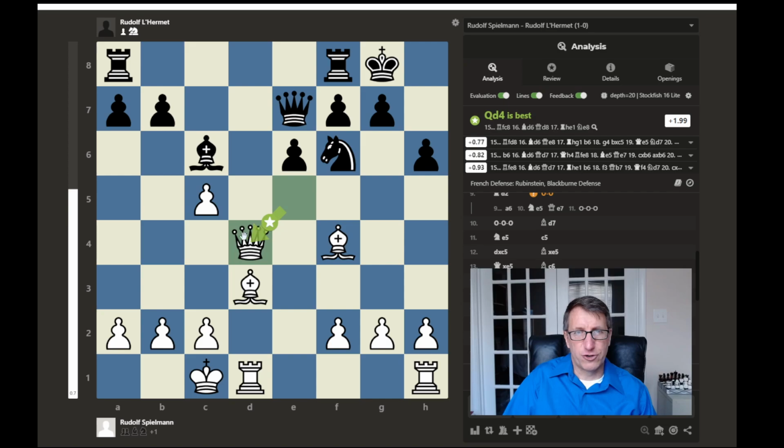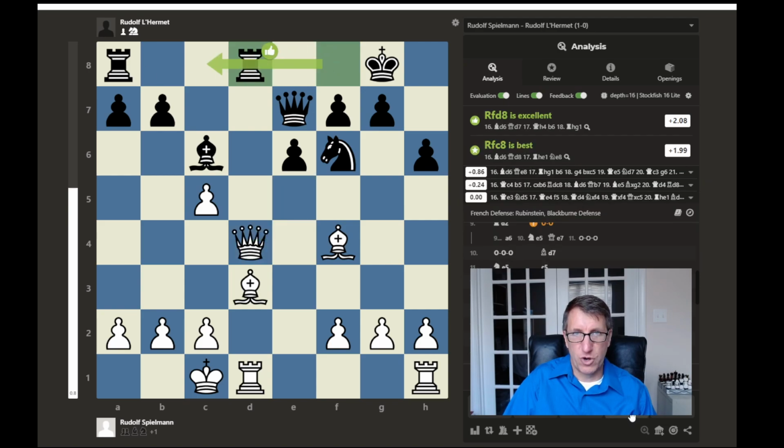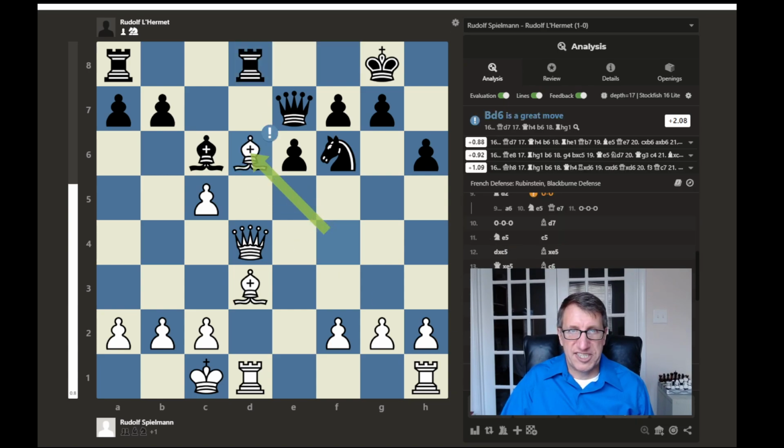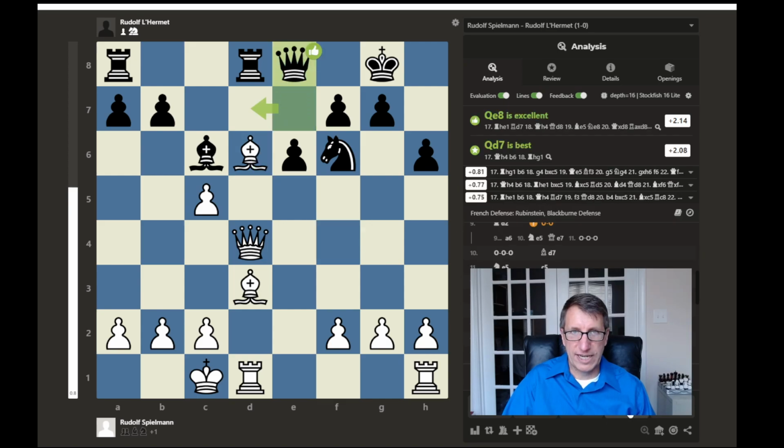Well, this looks interesting, and this is the best move. It centralizes the queen, but you might think, well, now the rook can attack the queen, which is what happens. The rook on the king side moves over and attacks the queen. But now there's this option to block with the bishop and attack at the same time here. So now we have queen to e8,